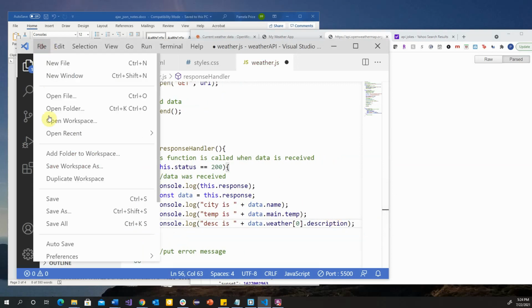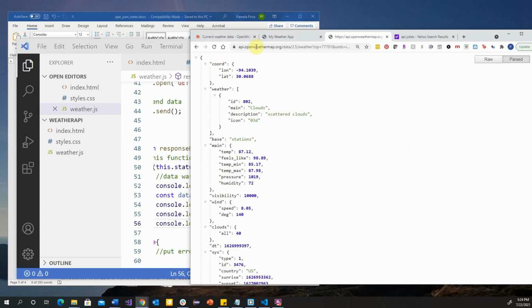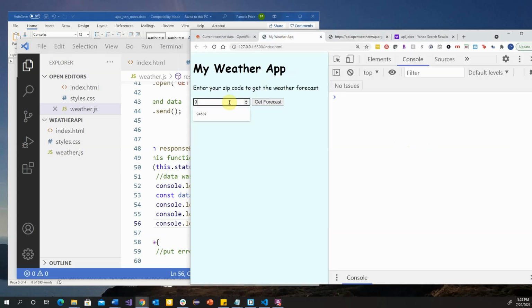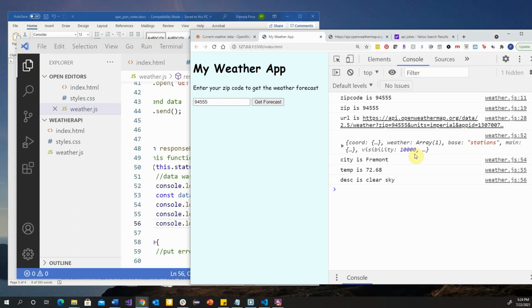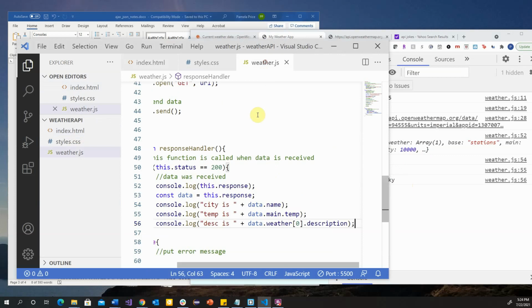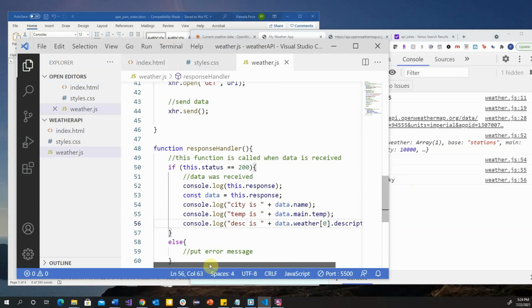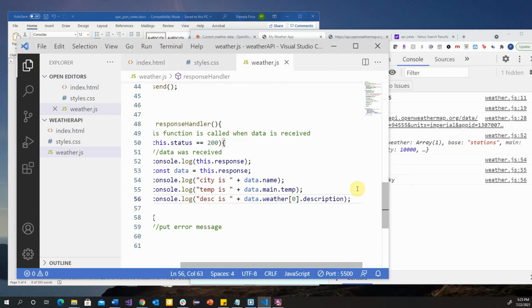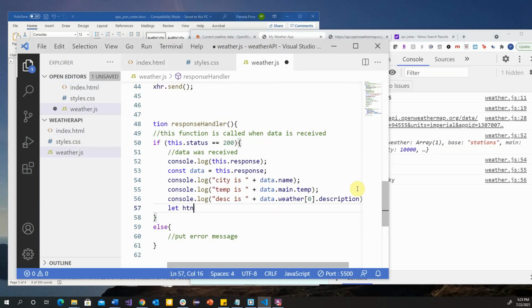Okay, before I want to display any of this data on the page, I need to make sure that I can reference it. Right, so I have the city, I have the temperature, I have the description. So let's say that those are the three things that I now want to display on my page. So remember, I have a div here called weather info, and that's where I want to put that information. So I am going to construct a string that is going to have the information that I want to put in there. So I'm going to say let HTML